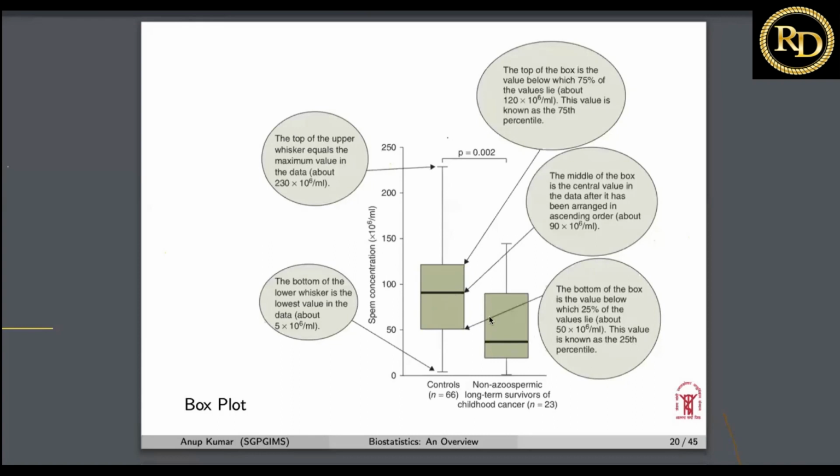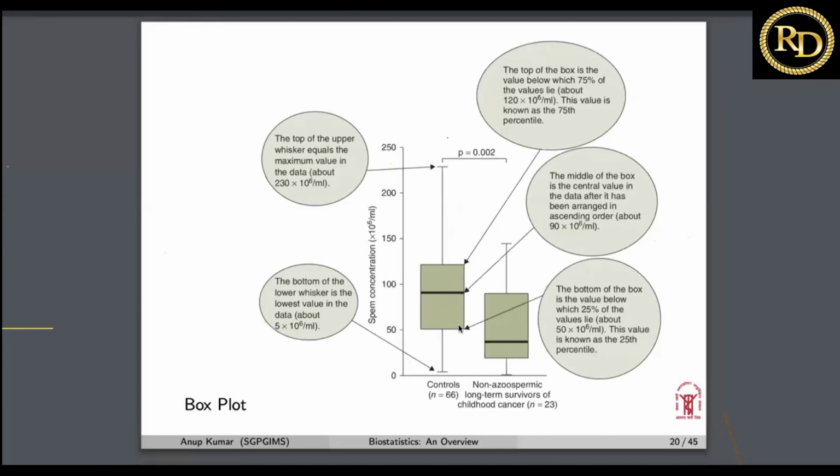So these are the two box plots. One is the control and the other is the long-term survivors of childhood cancer. You can see that there is a significant difference between the distributions of these two data sets. That's why the p-value is also coming out to be significant.